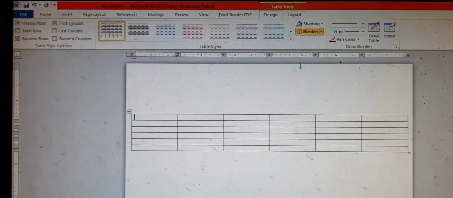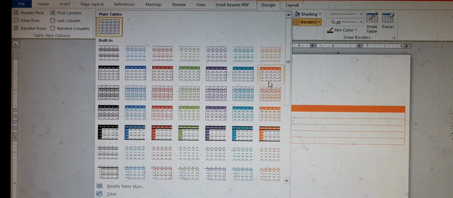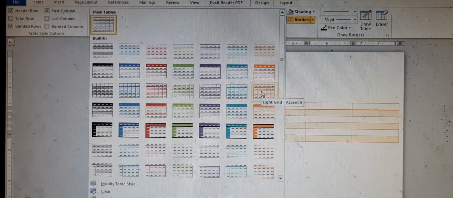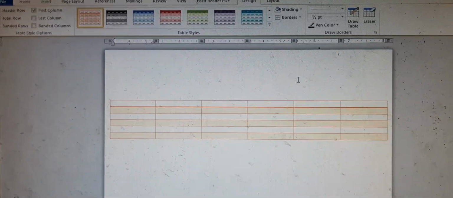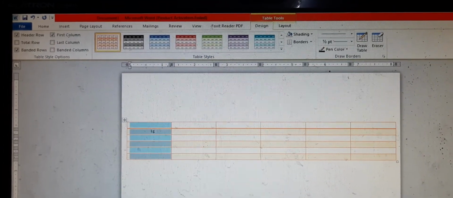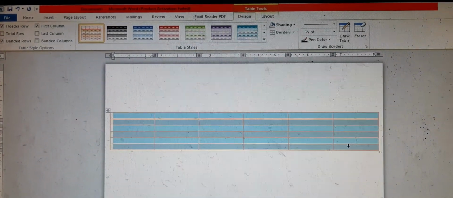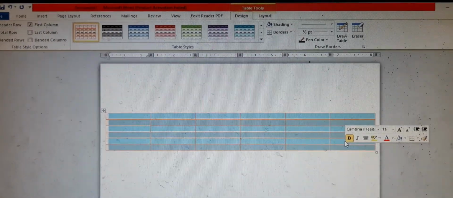Now we have different kinds of styles. You can select a different one. Suppose I am selecting this one. Once it is clicked, you get the layout over there. Now I have to make the gap between each and every row equal.